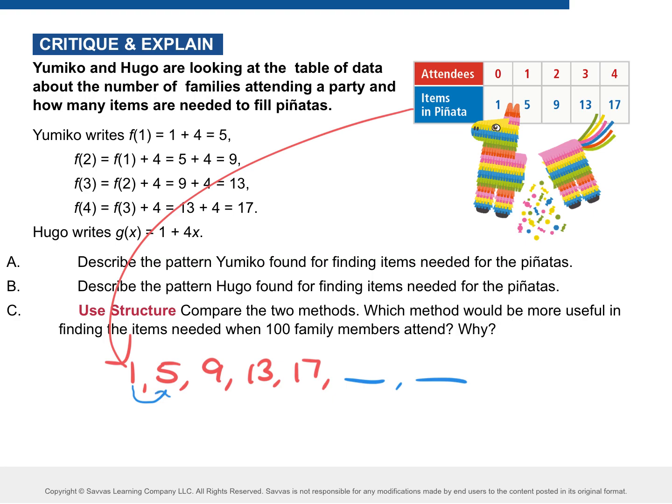Add 4, 5 to 9. Add 4, 9 to 13. Add 4, 13 to 17. Add 4. So what would my next term be? 21. Add 4 to get 25. Good. So we are going to be working with sequences today, and we're going to be putting them into recursive